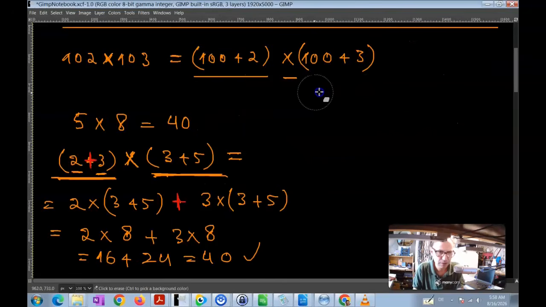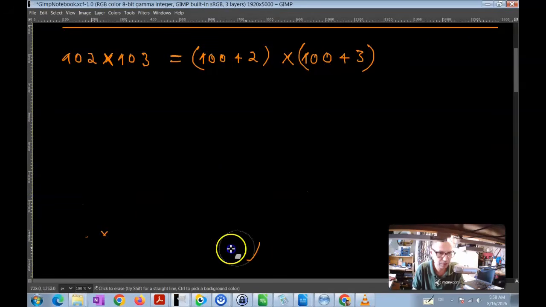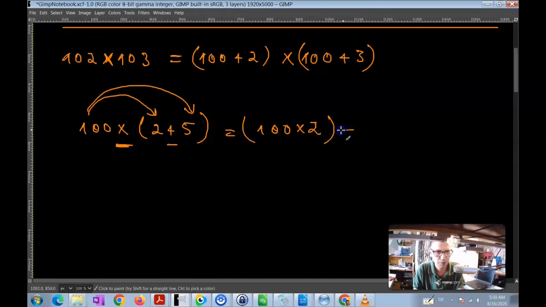Now this is still the same calculation that we had before, except that it's gotten a little bit more complex, meaning that we said that, for example, 100 times 2 plus 5, and we said that multiplication distributes over addition. So then we could write this as 100 times 2 plus, and the plus comes from here, 100 times 5,